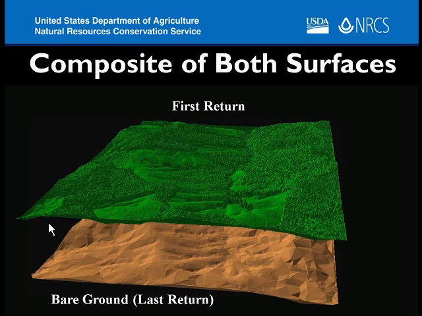So we saw the first return and the second and the third return are telling you something about the canopy. And in this particular scene, you can actually see fields that are bare, and then fields that have heavy vegetation or trees on them. And then that shows up in the surface model, and that kind of information can be measured and quantified and put into different kinds of models, which is very, very